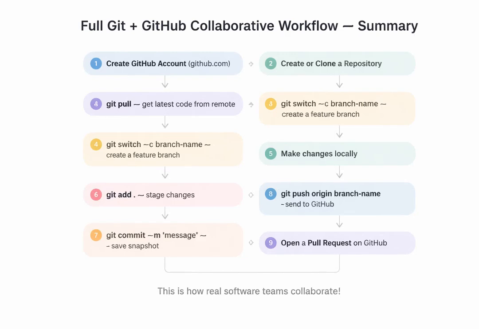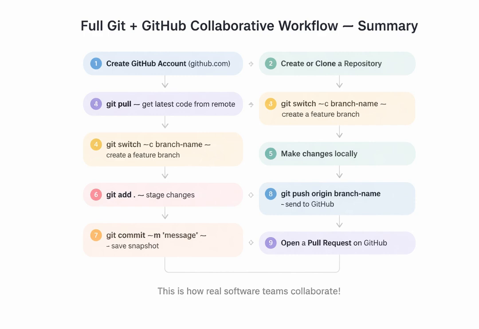Let's bring everything together with a complete picture of the collaborative Git and GitHub workflow. It starts with creating your GitHub account. And remember, use a professional username because this is your portfolio. From there, you either create a new repository or clone an existing one. Before starting any work, you pull the latest code from the remote server. Then you create a feature branch for your task, make your changes locally, stage them with git add, commit with